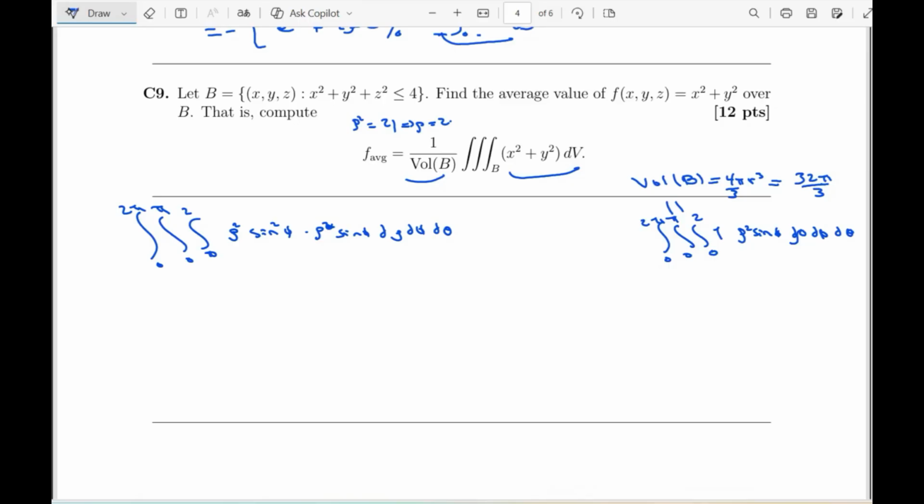This integral is separable in the sense that you can integrate with respect to each variable separately. And if you carry out the integration, you will see that you will have to integrate the integral of sine cubed phi d phi from 0 to pi. Yeah, from 0 to pi. You will have to integrate an integral of this form, and this